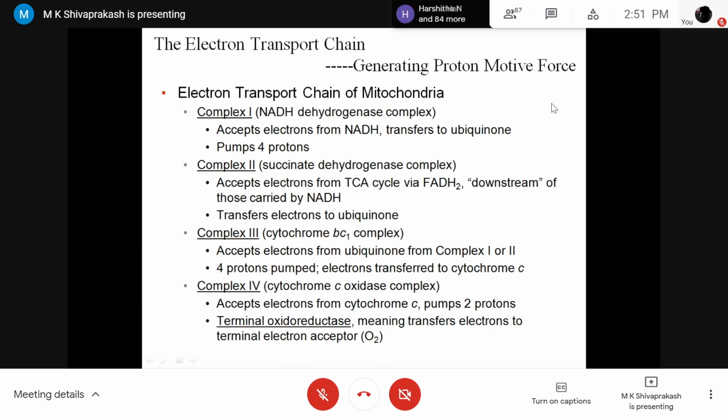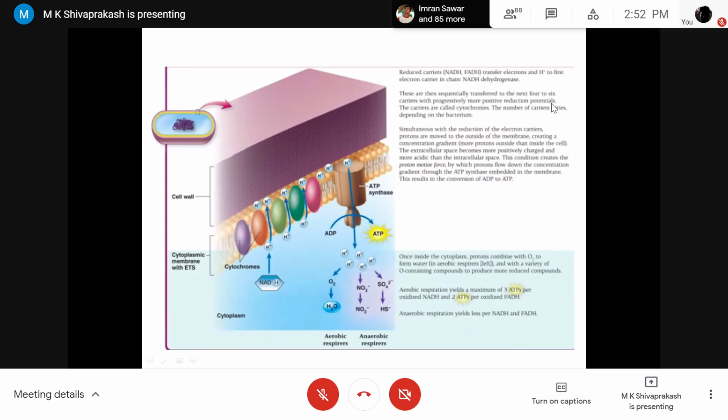And at the end, you have the terminal oxidoreductase, meaning it transfers electrons to the terminal electron acceptor. So in aerobic organisms, oxygen is the terminal electron acceptor, whereas in anaerobic respiratory organisms, which follow anaerobic respiration, it is not oxygen but oxygen-containing molecules like nitrate, nitrite, sulfate, which are reduced. This is again another pictorial depiction of the